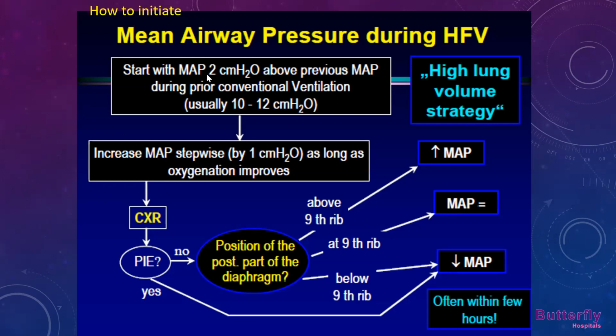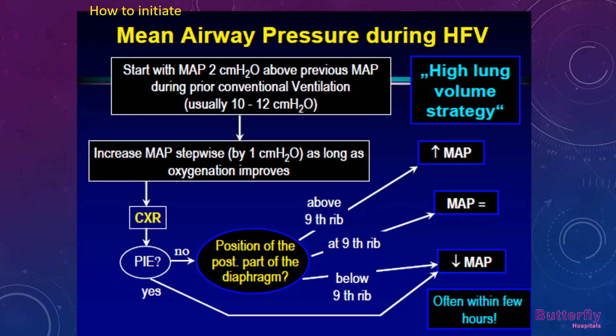What we don't know, we are assuming the 2 centimeters above the mean airway pressure of the previous conventional ventilation is sufficient to open these lungs up. But at this stage, we still don't know whether that number, 12 or 14, is sufficient for these lungs to open up. One of the guides that will help you is the oxygenation. If oxygenation is adequate, that means you have achieved the mean airway pressure. One of the best ways is to stand bedside and increase the mean airway pressure by 1 until you achieve